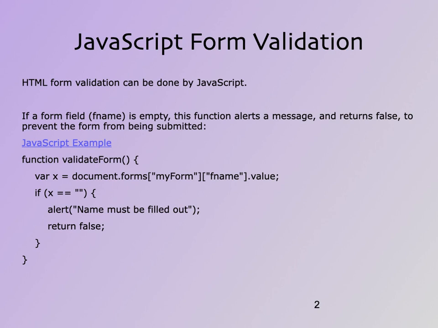Here, we will see a JavaScript example. There is a function validate form that validates whether a form field is empty or not. First we will see the JavaScript function, and then we will go to the UI part, the HTML code for a label and input text field. See, in this example there is a function validate form.